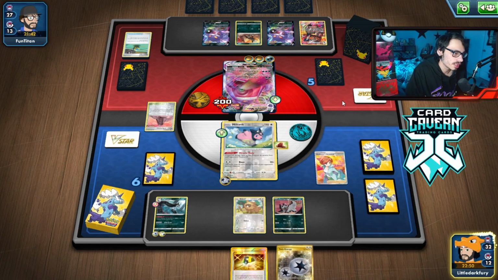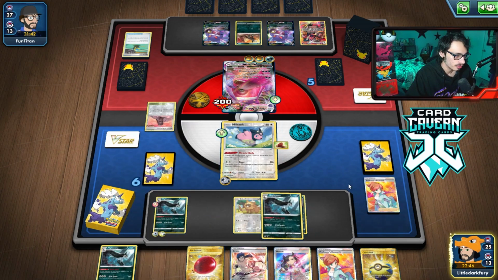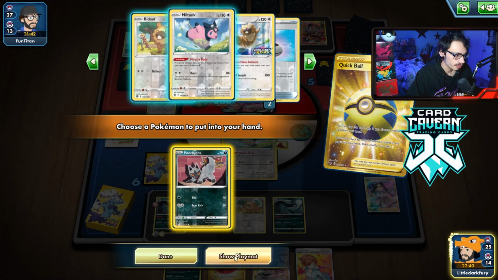No, it's fine. We'll research. I need to find Boss. I'm just going to go for it. Screw it. Draw cards here. Yeah, it's fine. We didn't get Bibarel, though, but that's fine. Quick Ball. Rid of Marnie. Grab another...